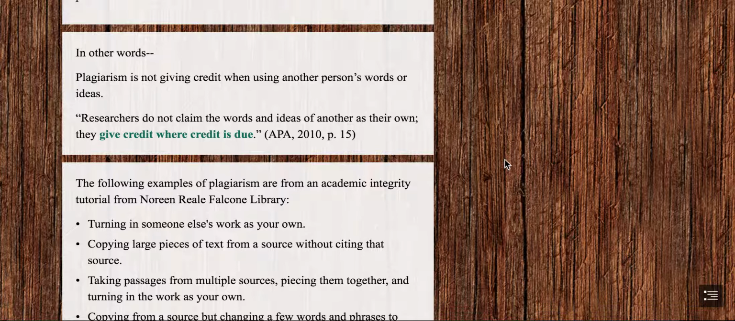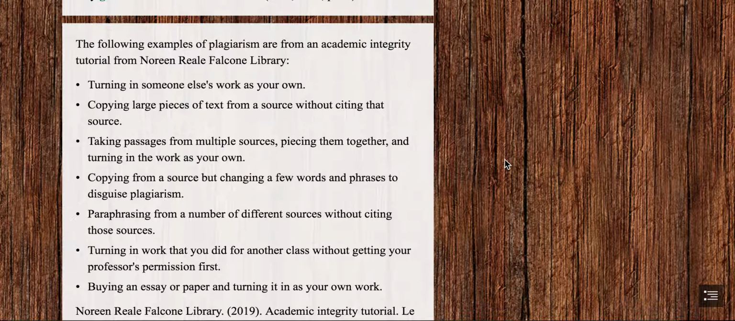And this is from the APA manual: Researchers do not claim the words and ideas of another as their own. They give credit where credit is due. So I provided some examples, and this is from the Noreen Reale Falcon Library. These are some examples of plagiarism: